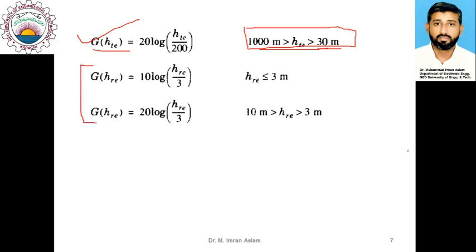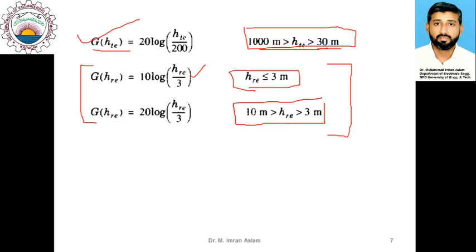Similarly, these are the correction factors which are related to the mobile antennas, and you can see that there are two different expressions depending on the height of antenna. If antenna height is smaller than 3 meter, in that case we have to use this expression. If height of antenna, the mobile antenna, is greater than 3 meters, in that case we have to use this expression. So these two expressions they depend on the height of receive antenna. So if receive antenna height differs from the 3 meter height, you can calculate the correction factor using this formula.